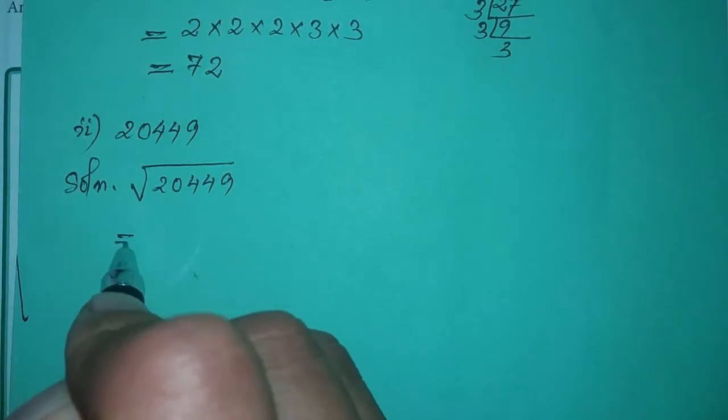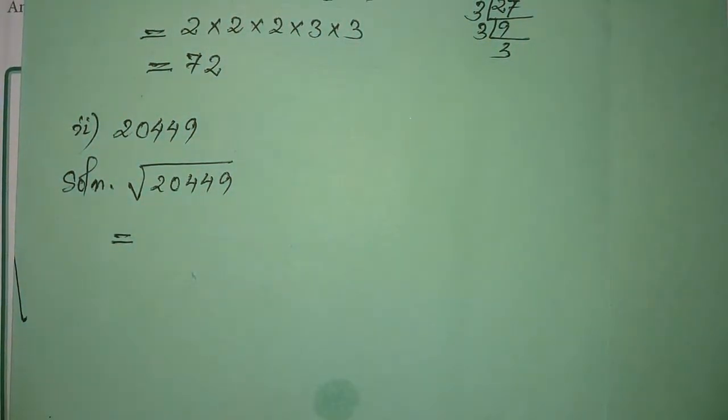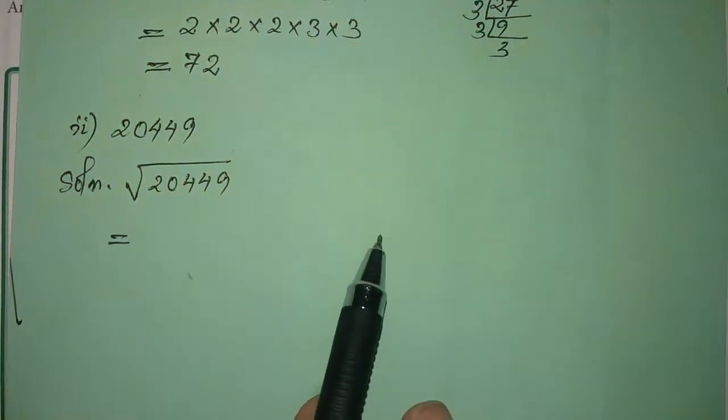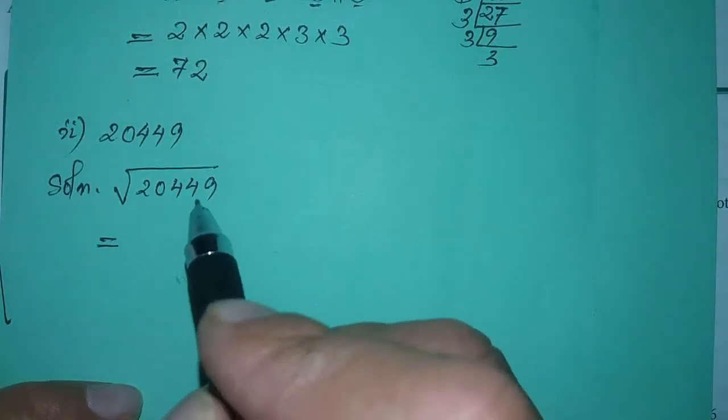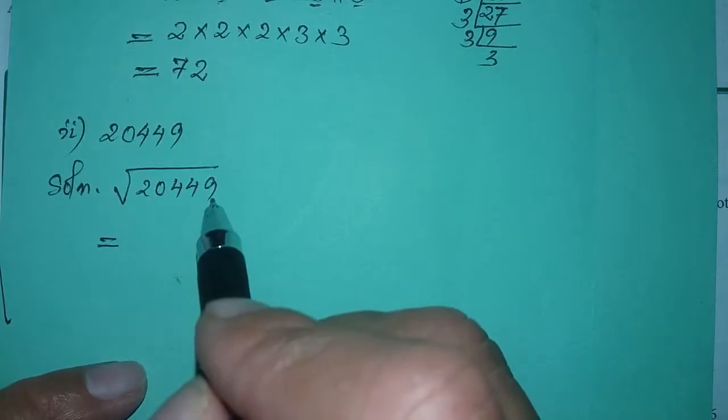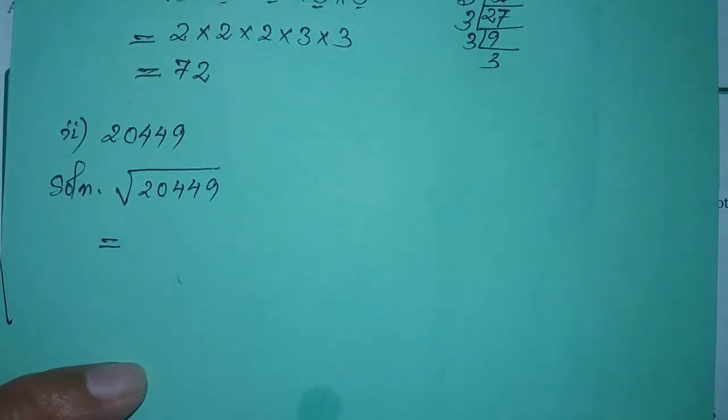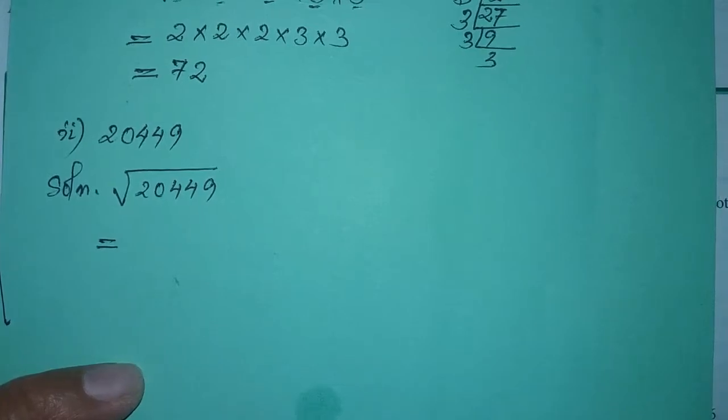Now this is equal to... Now there are some numbers for which it is hard to find the factors. To find the square root of such numbers, there is another method, the long division method, which you will be doing after this. So you can easily find out the square root of such numbers. Now here,